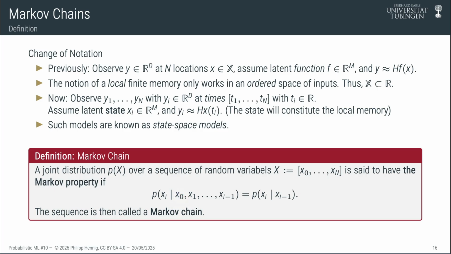That's, of course, the important bit, right? We're going to use random variables again in probabilistic machine learning. A collection of random variables with a joint probability distribution over them will be called a Markov chain if it has the property that the conditional distribution for the ith state, given all its predecessors, is equal to the conditional distribution for the ith state given only its immediate predecessor. So that's the formal description of this locality structure.